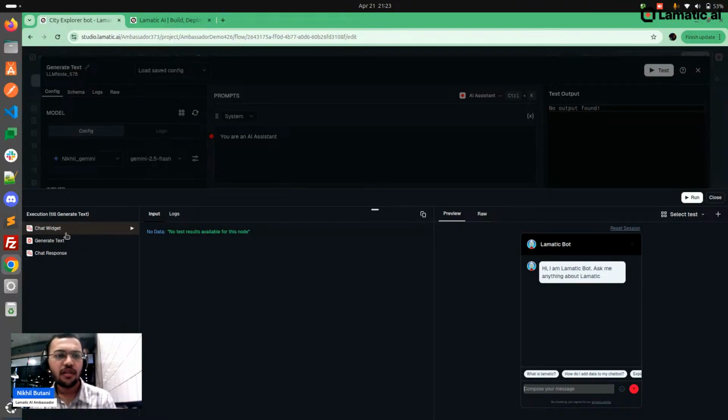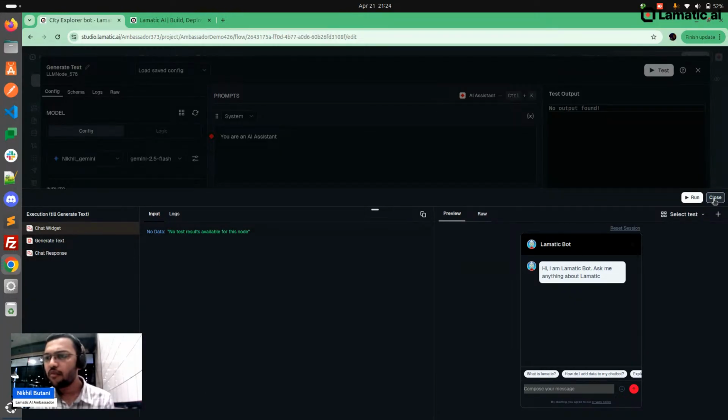You can see the chat widget, then I test this node, then generate text, then chat response, right? If you run it, you can see the Lamatic bot here, and I can write.